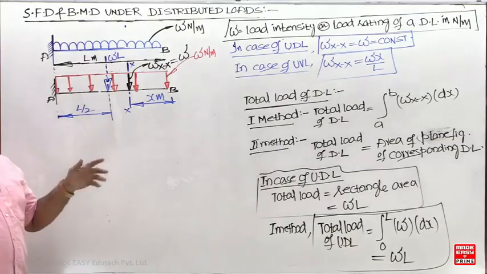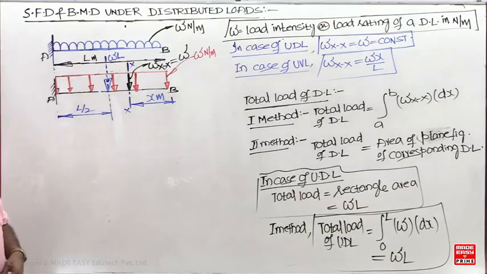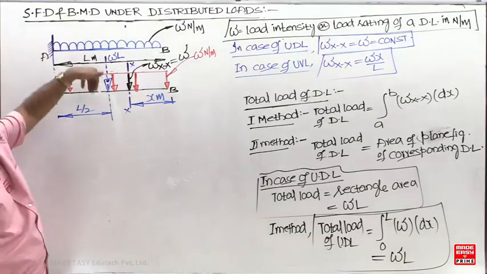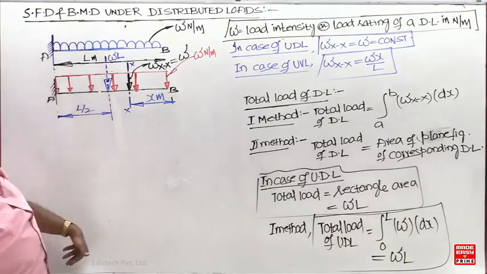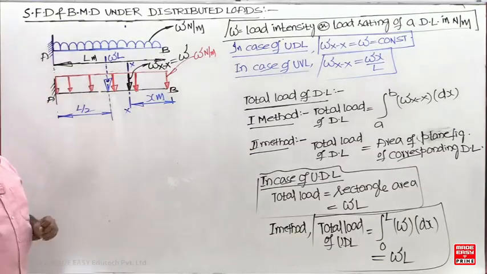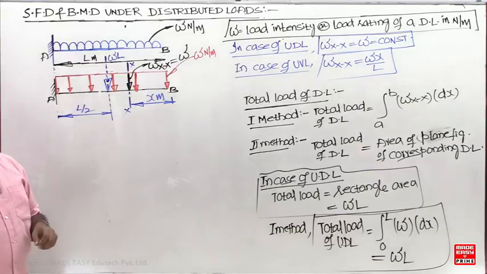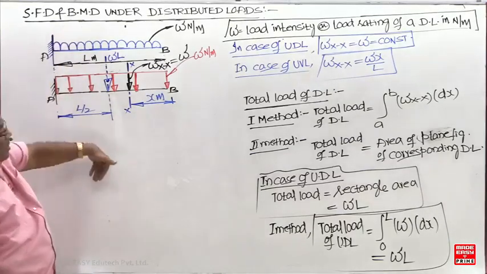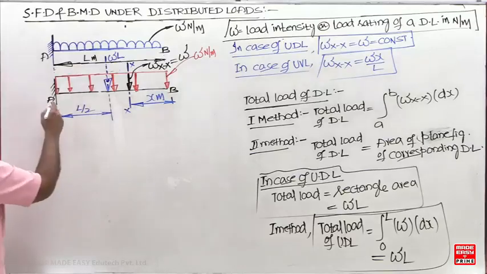Now the next step is to calculate the reactions. Can you give the vertical reaction now? What is the total vertical load acting on the beam? WL downward. What you have studied in the cantilever beam: vertical reaction equals the net vertical load. What is the total load acting on the beam? WL downward. So the vertical reaction will be